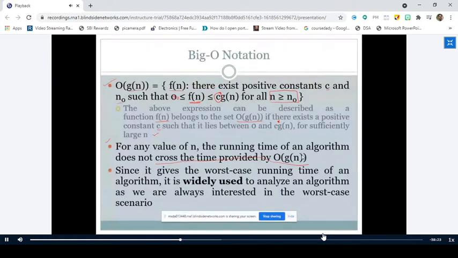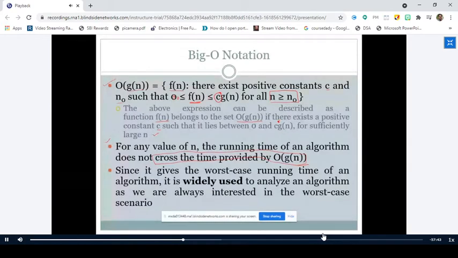Upper bound, sir. Upper bound. That means the time complexity does not cross this time. It cannot go beyond this. That is what we are saying, right? Why? Because we have taken the worst case analysis, right? In what case will we spend the most time? Is it in the worst case or best case? Worst case, sir. So we will spend most of our time in the worst case analysis, right? So the worst case is the largest time bound. There is no other value which is beyond this big O of n.